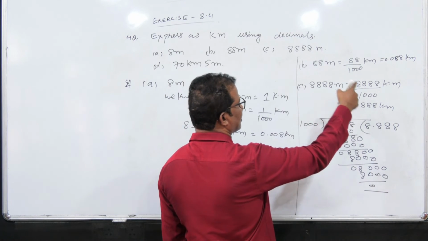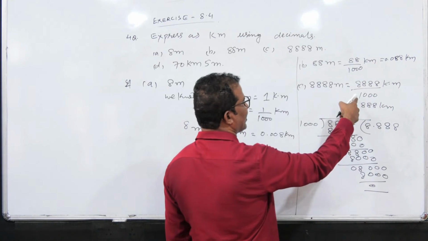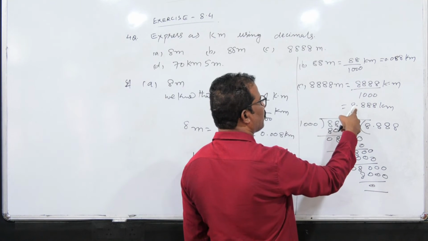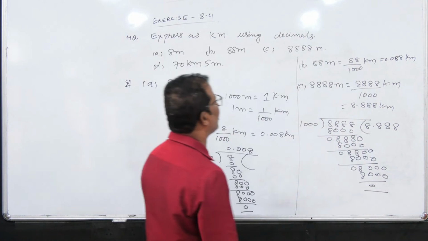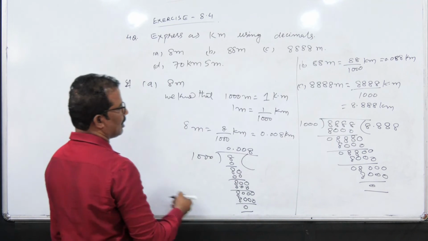8,888 meter is converted into kilometer. We have divided by 1000. The answer is 8.888 kilometer. Do all of you understand? So in the last question,